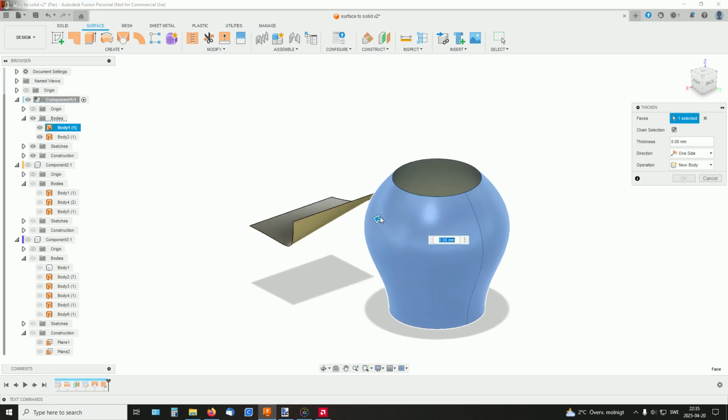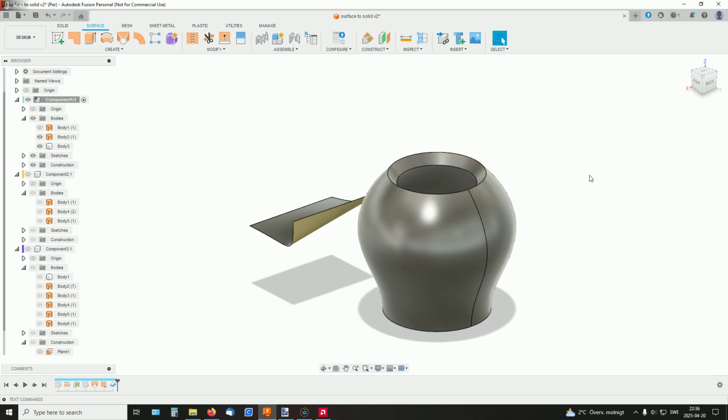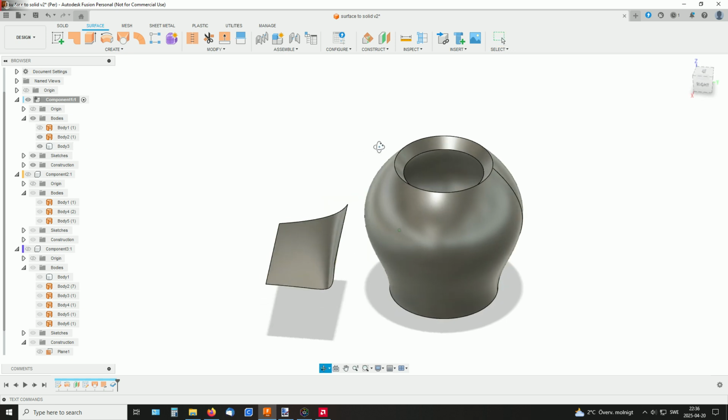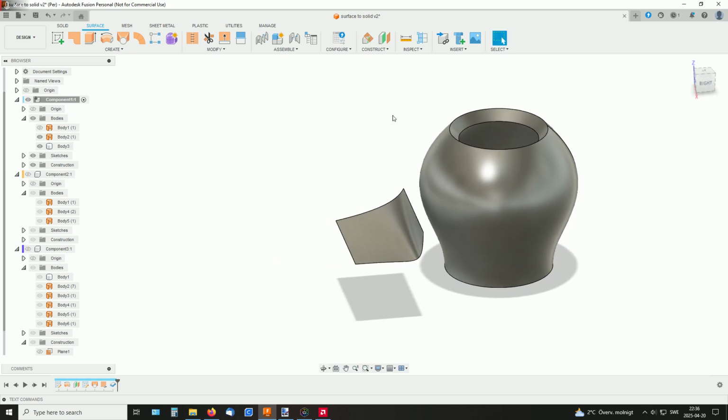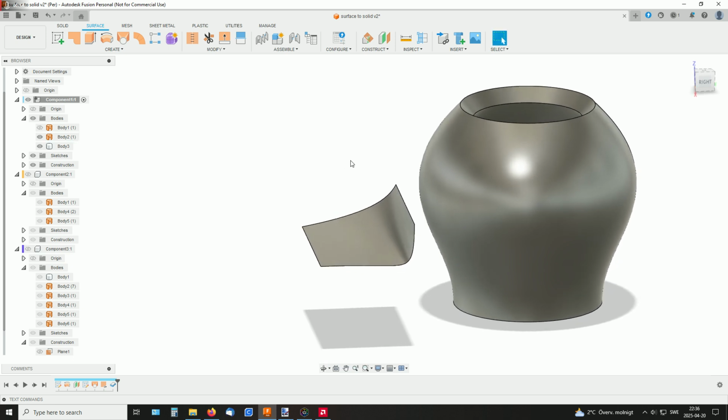You can drag the arrow outside or inside like so, or set the thickness here. You can also select symmetric to let it go both ways. Okay, so now it became a solid body. And if you have worked with a surface project for a long time, you don't want to run into